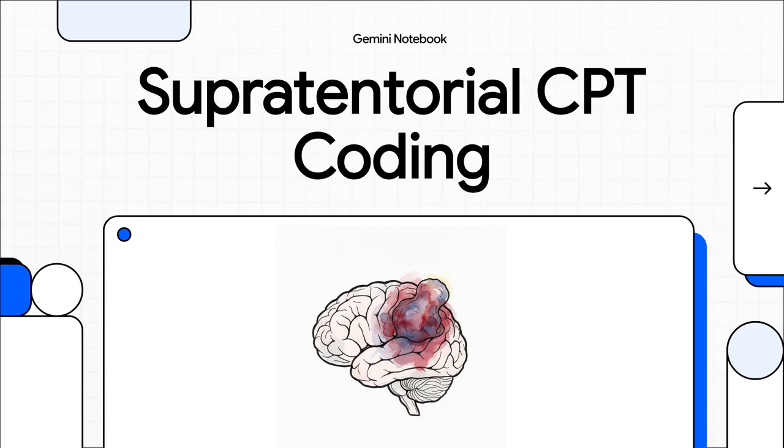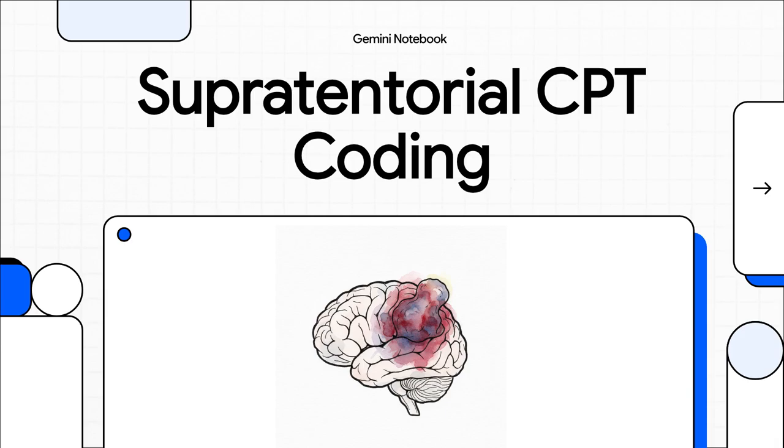I am so thrilled to have you here for part 3 of our Training Explainer series, where we take those dense, incredibly complex neurosurgical operative reports and translate them into precise, accurate codes. Today, we're diving straight into supratentorial brain tumor CPT coding. If you've ever felt completely overwhelmed by the sheer volume of anatomical terminology in a surgeon's note, well, you're in